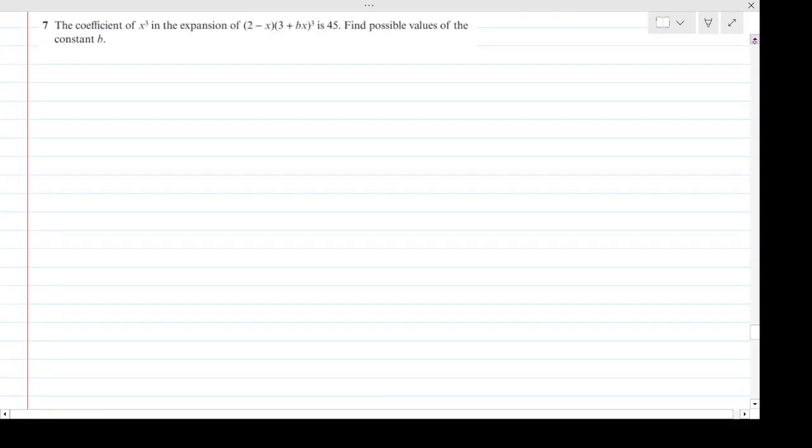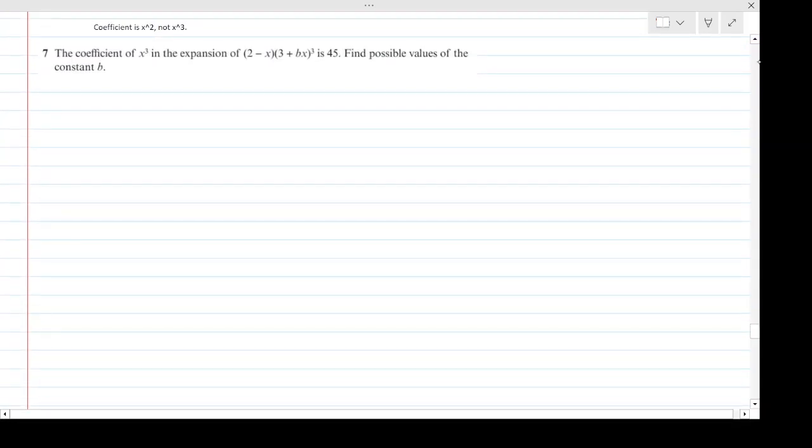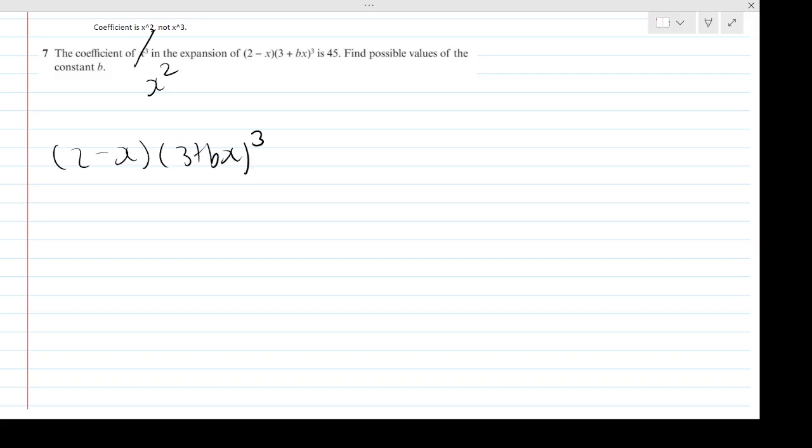Final question then. The coefficient of x cubed, now I should note, this was from the textbook. They actually meant x squared, because their answer is talking about x squared term, okay? So the coefficient of x squared in the expansion of 2 minus x, 3 plus bx cubed is 45. Find the possible values of b here. Okay,